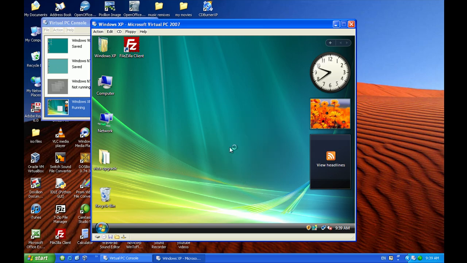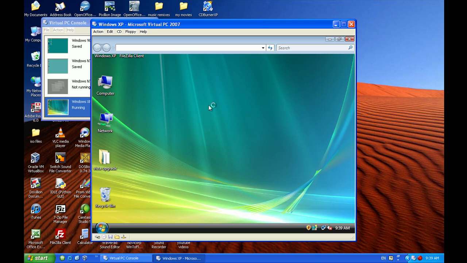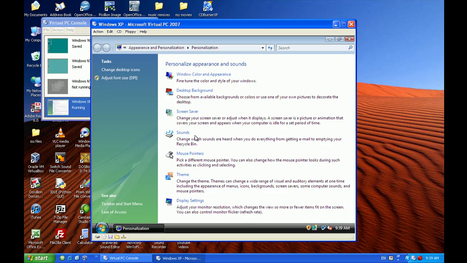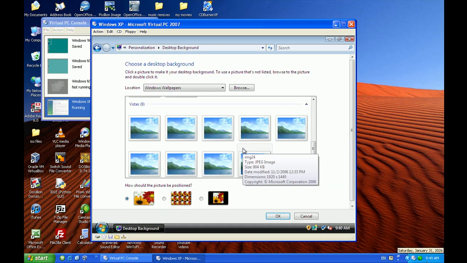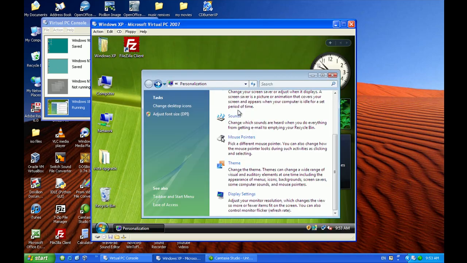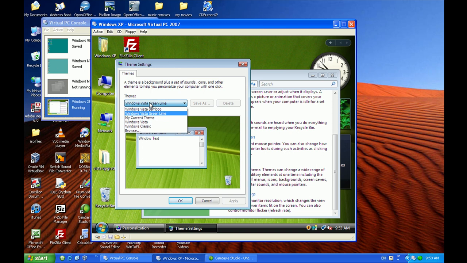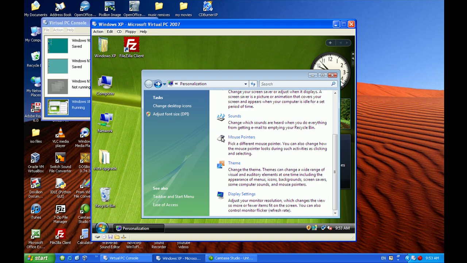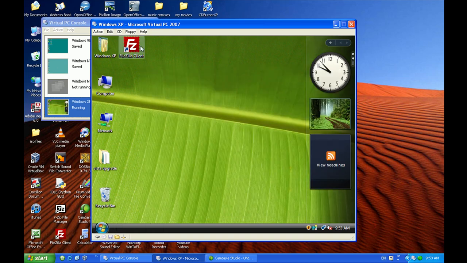And I'll show you how to install Microsoft Office, but I'll change the desktop background. And I've changed the desktop background. I've made a few themes of Windows Vista with a bamboo green line, but I need to still move